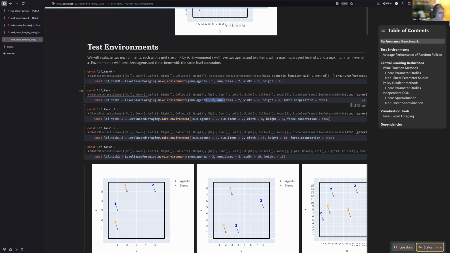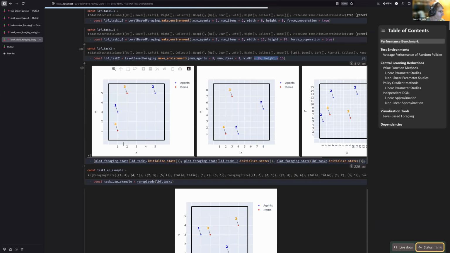And then we can make the 2 agent, 2 item version, but in a smaller grid. And then we can make progressively larger grids. And the hardest version they have is 3 agents, 3 items in the large grid. This is what a smaller version of the problem I was working with looks like, where it's a much smaller grid than 15 by 15. It's only 5 by 5. This eliminates the size of the grid you have to track,